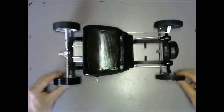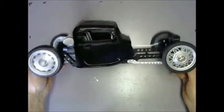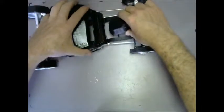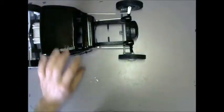There it is, a little project that I've had going for the last few weeks. And what else has been the project? You can actually fit the V8 motor in there too, this stock standard one. If I take the body off, it just slides straight over those supports there and sits nicely. So you can use the V8 motor, or I've been making this one,